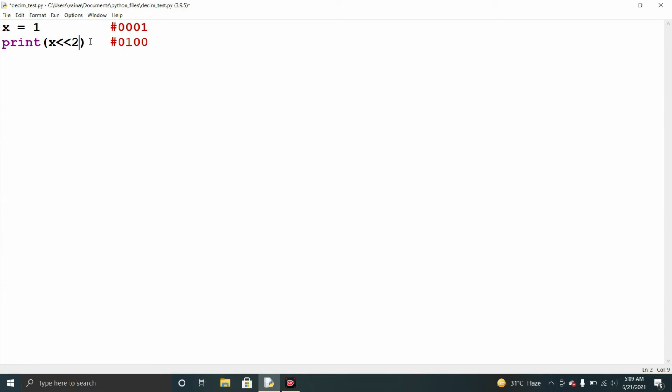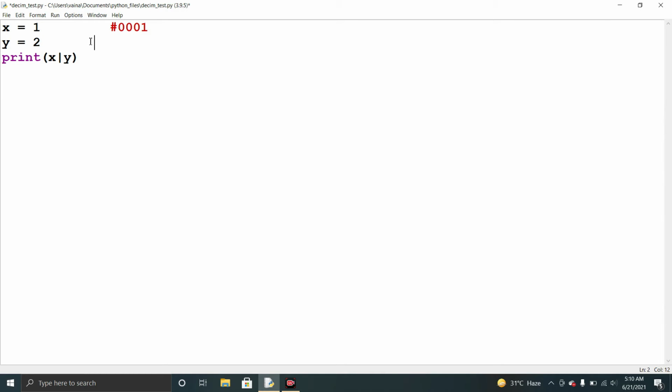And if we want to do a bitwise OR operation, we take x, bitwise OR, with 2. So we take another number y is equal to 2, and we pass y.